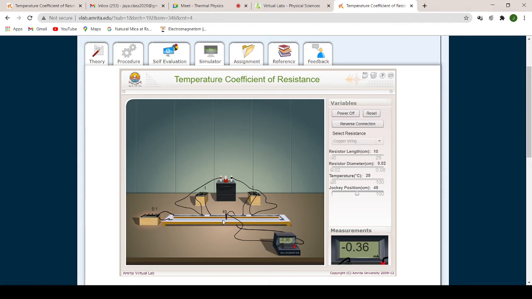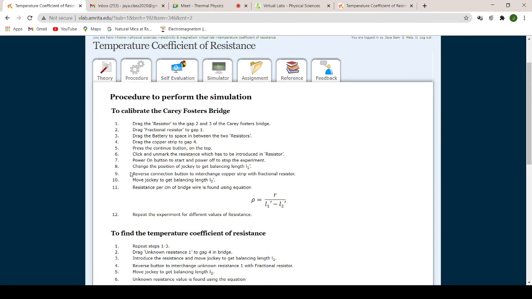So if I move it to 48, it is showing some 2 point. Let me move it to 50 and see. It is showing minus 3.28. So on an average, 49 gives me a deflection of the galvanometer which is as close to 0 as possible. In the lab also, when you do with so many resistors and resistance boxes, it may not be accurate. So here we are trying to take as accurate a value as possible. So your balancing length, which is L1 dash, is equal to 49. Okay. So 8th point we are done.